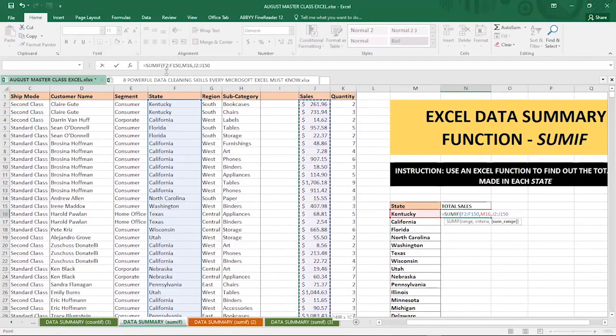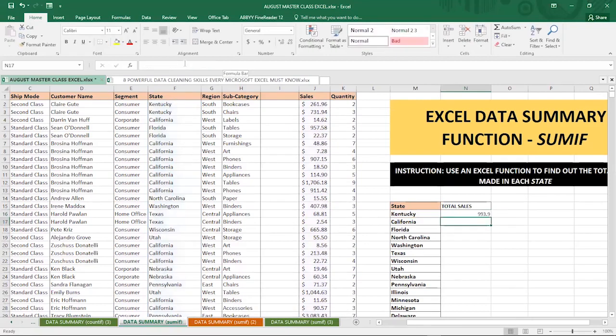So why am I closing this bracket? Because there's an opening bracket here. So I close my bracket and hit Enter, and it should give me that data as it is. Now remember, before now I have